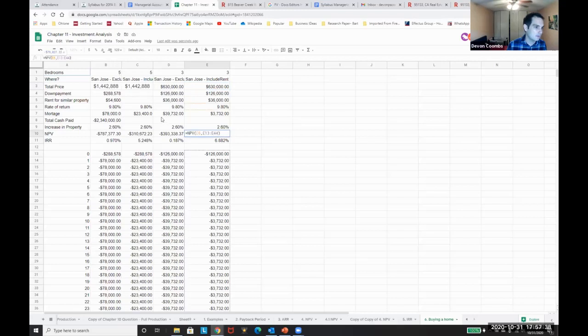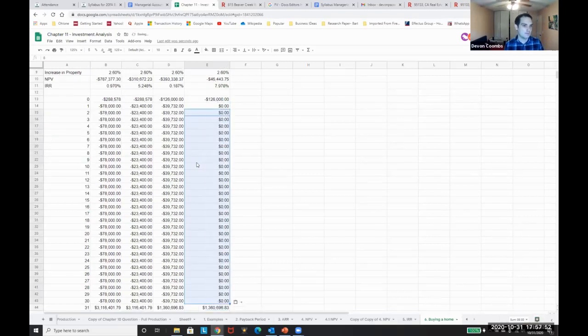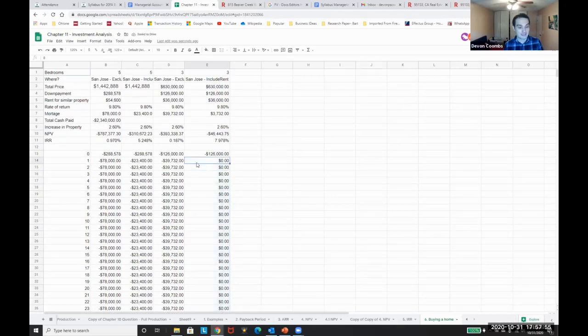And so our net present value here is, what do we think that would bring our IRR to 0? And so let me play with this a little bit. So what if we brought this all down to 0? Still, we need to make some kind of return from the house, right? So even if we were able to rent out this house for the same as our mortgage, so our rent for the similar property wound up being the same as the mortgage. If, let's say, 0 it netted out, you still wouldn't have a rate of return that beat the stock market, but you'd start to get to a pretty decent rate of return of 8%, which I think is a nice target. You probably wouldn't get to a better spot until you actually, let's say you netted out and probably got